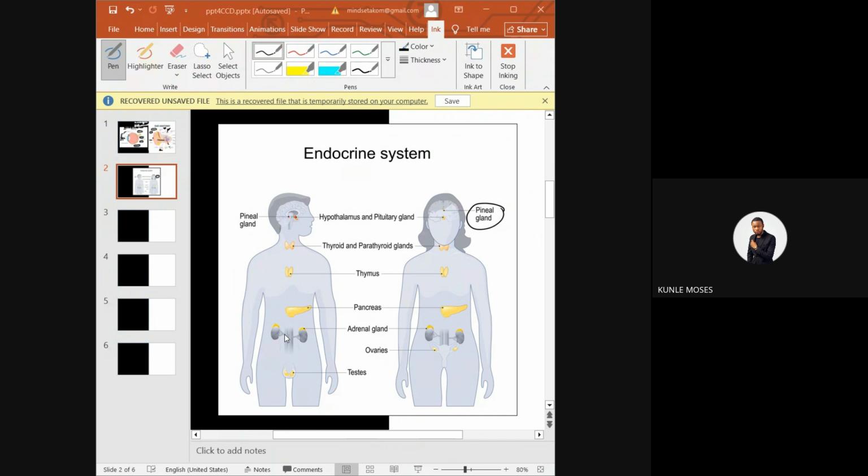So the function of the adrenal gland is that it helps to produce hormones like adrenaline and cortisol. The adrenaline is what we call the fight or flight response, the flight hormone. So as you carry that hot pot and you drop it,